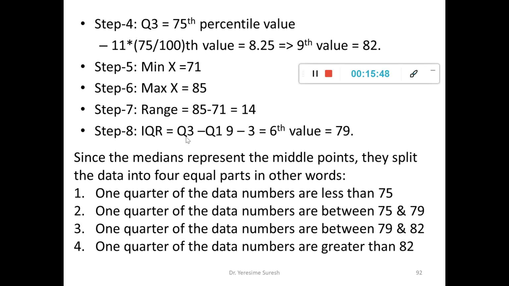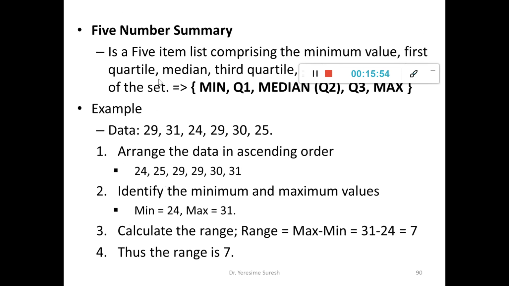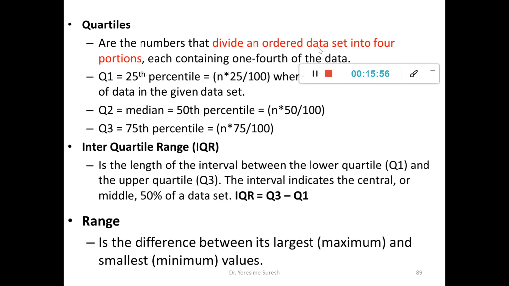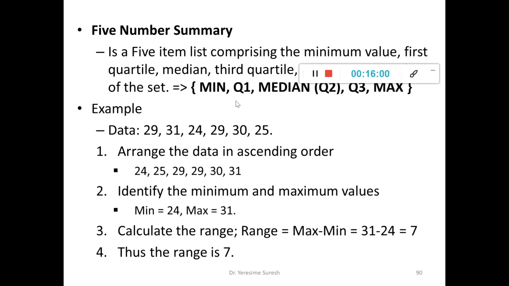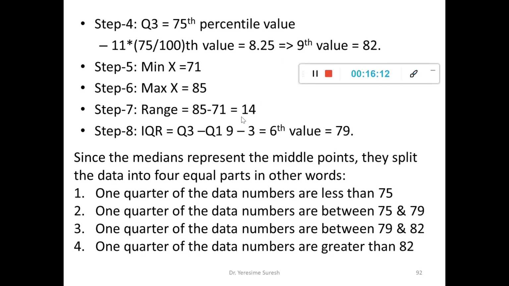Now by using this box plot as well as the Q1, Q2, Q3 values, max, min, range and IQR, what I'll be able to find from a given data set is that the box plot as well as the quartiles are used to divide the ordered data set into 4 portions. What is my ordered data set? The ordered data set is organizing the given input values in ascending order. I am supposed to partition or divide the data set into 4 equal groups. What are those 4 equal groups?